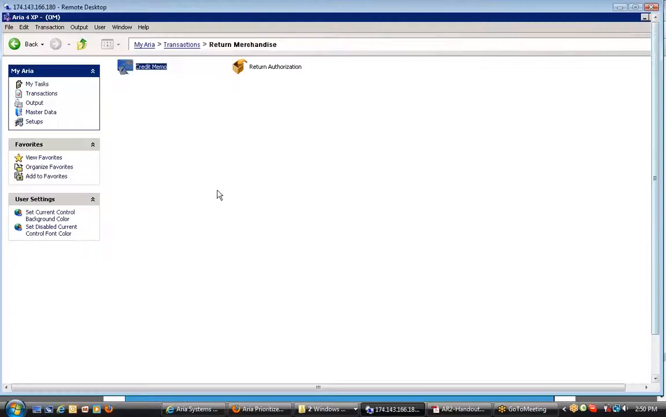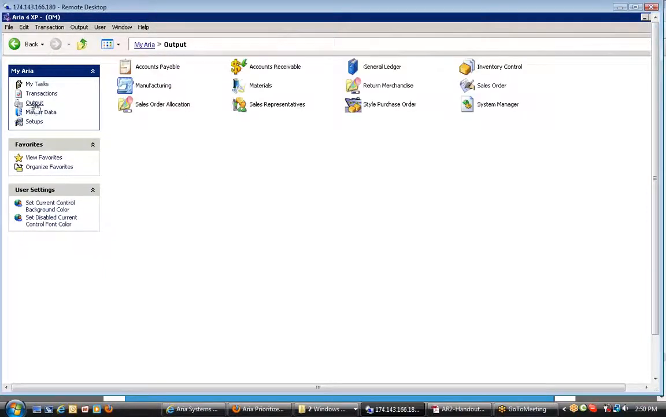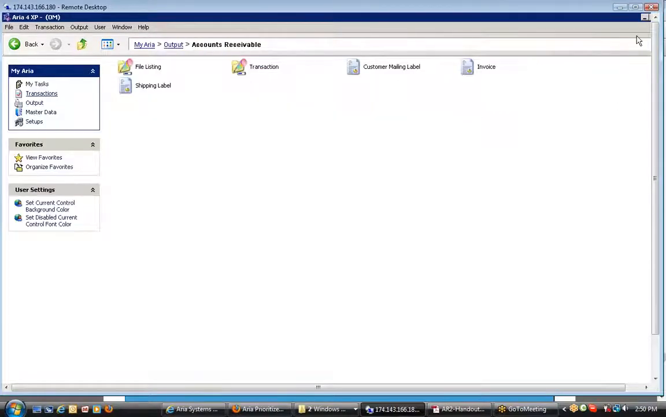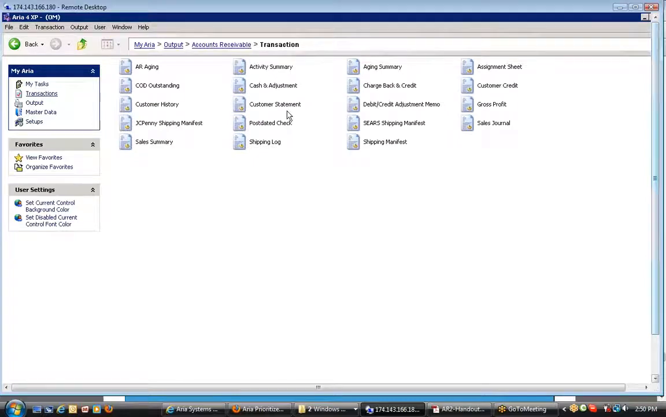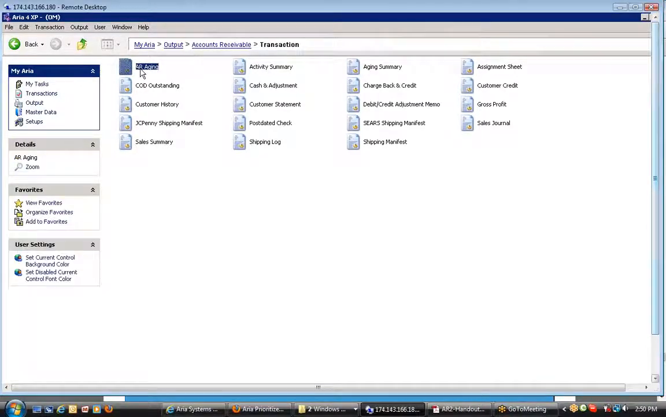So for any report, as you might know, you have to navigate to the output menu, then the accounts receivable module, and then you can go to the transactions submenu. The transactions submenu has a bunch of important AR reports. The time will not be enough today to discuss all of them, so I'm gonna try to focus on the key reports. The first important and key AR report is the AR aging,